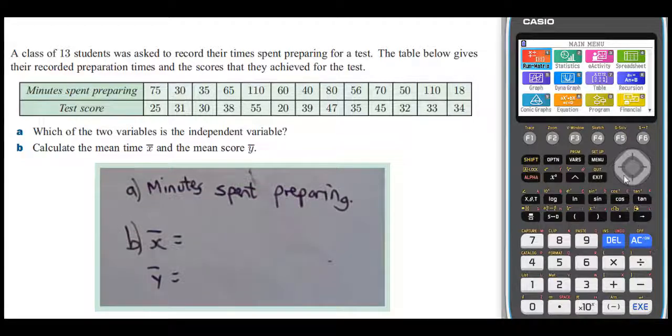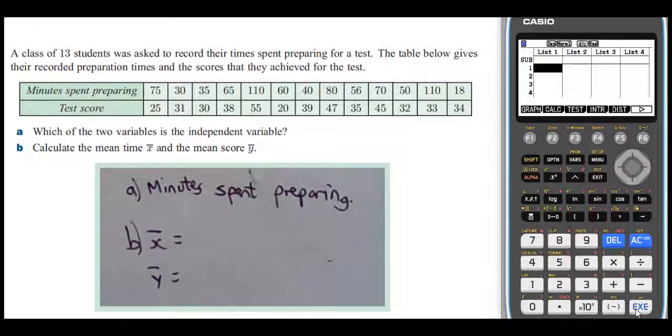So we go to our calculator. If you didn't know how to get here, you just press menu. We need to be on statistics, lesson 2. And you're going to have to fill out these lists. I won't show you the whole thing, but I'll just start it and finish it. So I need list 1 to be all of the minutes spent preparing, so all of that X list. So it's going to start 75, 30,